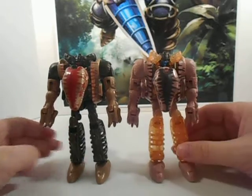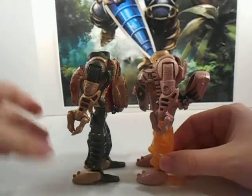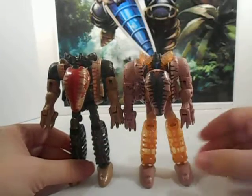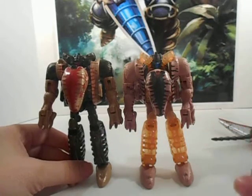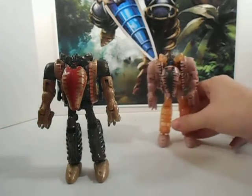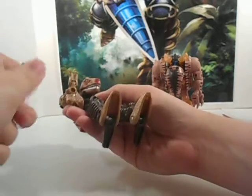But, you know, not a whole lot of difference between them. Just different colors is all it is. Of course, you got the blue face and the red face, darker tint. Like I said before, I wish they'd really use this color on him, on the G1, or this Dinobot. But just like before, with the original, you just open his claws up, and you can see the holes